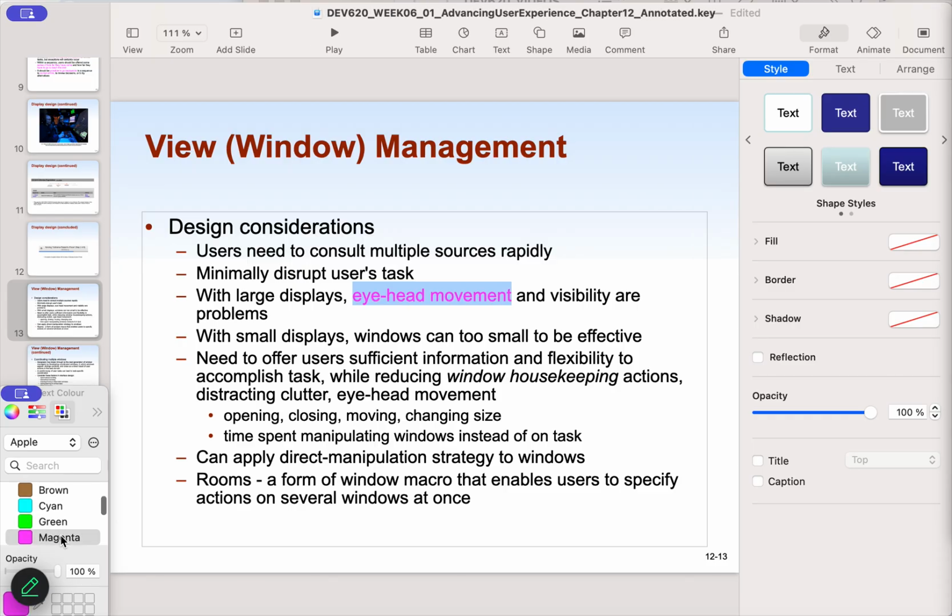So the eye and head movement as well as visibility need to be considered. That's for large displays. Now for small displays,